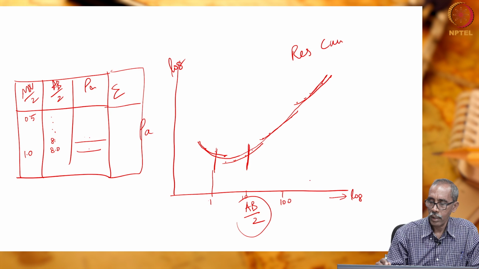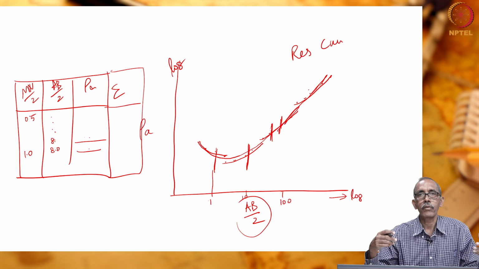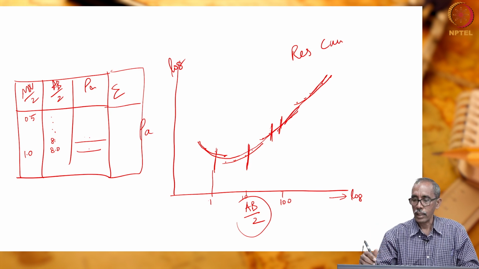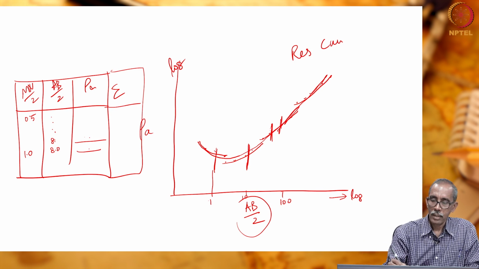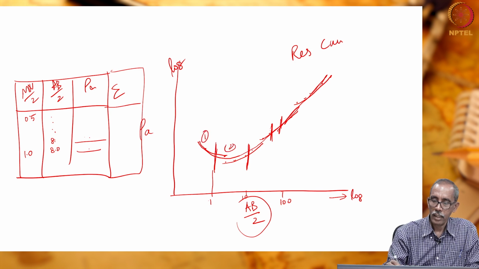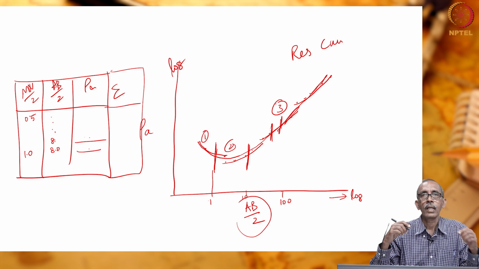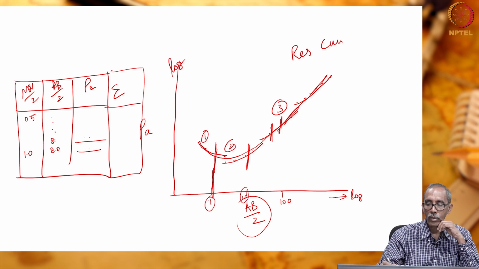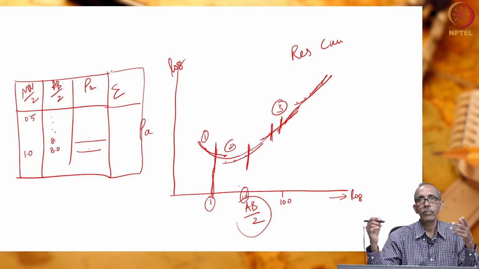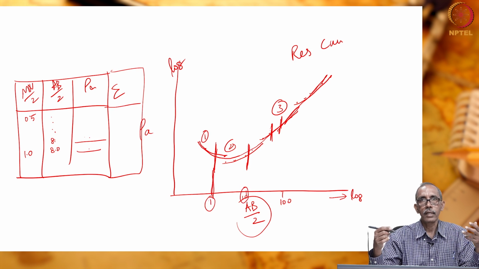Okay. So, here we did only up to 30 meters. So, our curve will be only up to this, right. But anyhow, for understanding you can take it that we did up to 120 meters or 150 meters, right. So, let us say that this is the first layer, layer 1, this is layer 2, this is layer 3. This is how we can interpret: the approximate depth of the first layer is 1 meter, the second layer goes up to 10 meters. So, this is how by looking at the resistivity curve we can interpret.